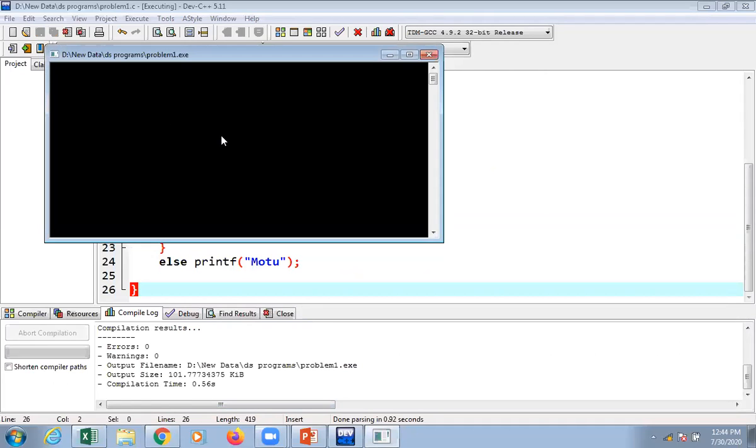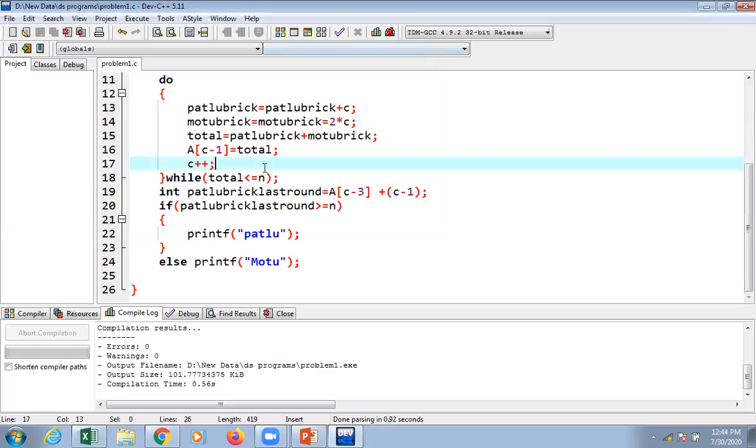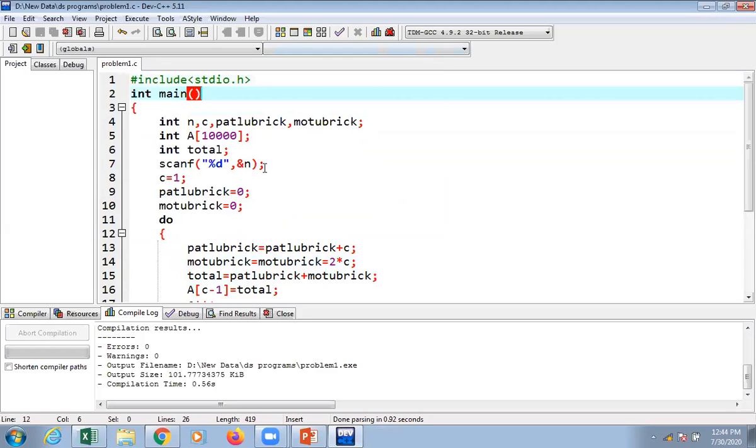So I'll be putting 13. For 13 it's saying Motu Patlu, but it should say Motu. So there is something wrong which we have done.